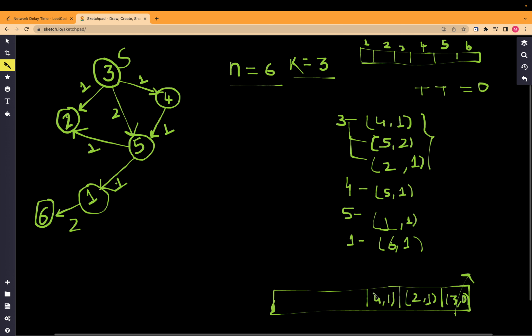You can write 4, 1 and then 2, 1. It's the same thing because both have the distance 1, and then we have this 5, 2. Now 3 is done, we have added its connected nodes also, so we will mark 3 as visited, and then